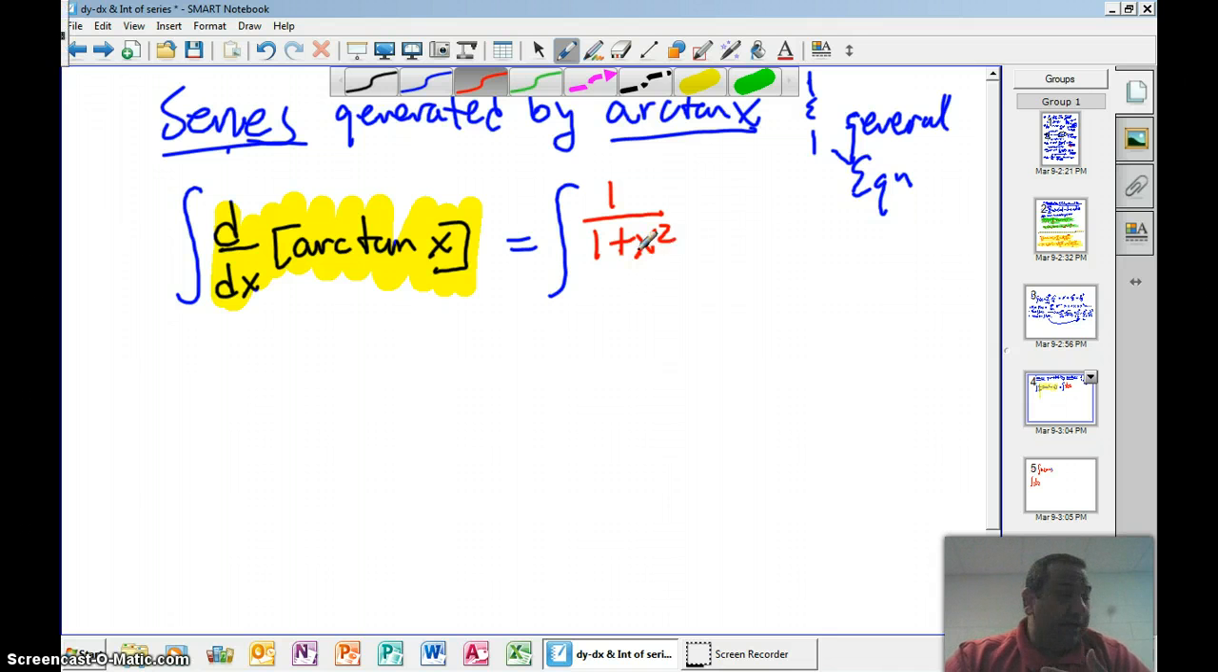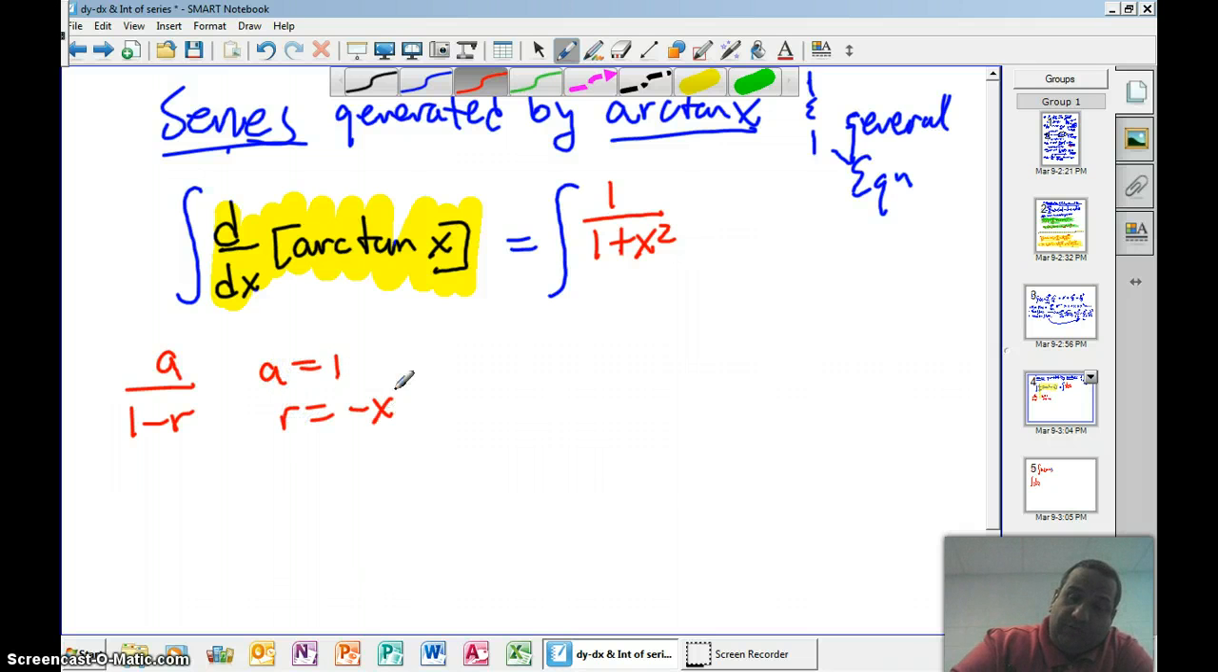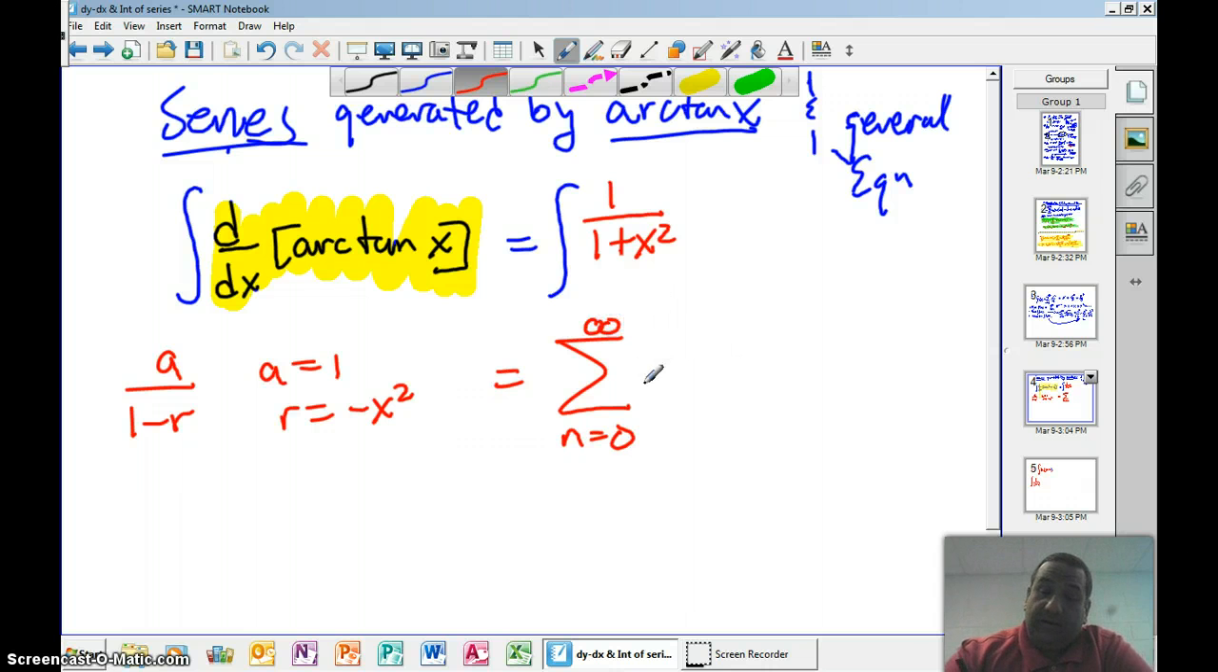This 1 over 1 plus x squared, if you remember from a over 1 minus r, is where a is equal to, hold on, it connects here. A equals 1 and r equals negative x squared. So now this is the same as the sum from n starting at 0 to infinity of negative x squared to the n power, which is now